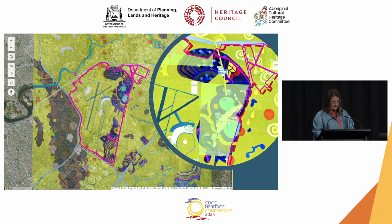Importantly, it places Indigenous knowledge in equal standing alongside scientific data, making it more than just a painting on the wall, but also a really valuable data set in its own right, now stored, captured and visualised in the Perth Airport GIS system. This case study challenged assumptions and it raised some questions about GIS and the mapping